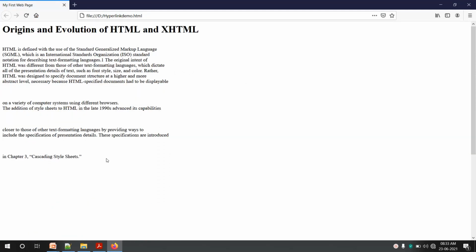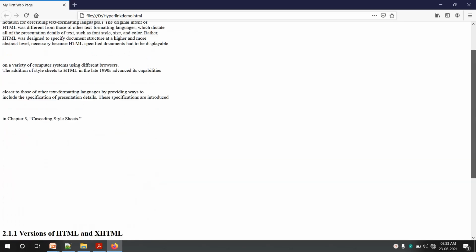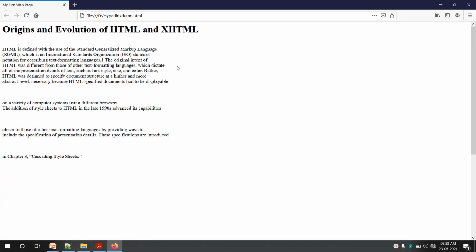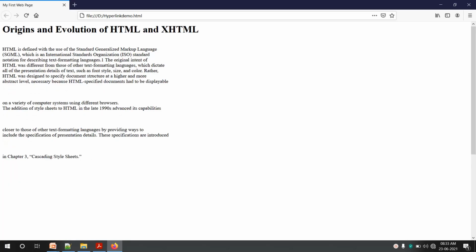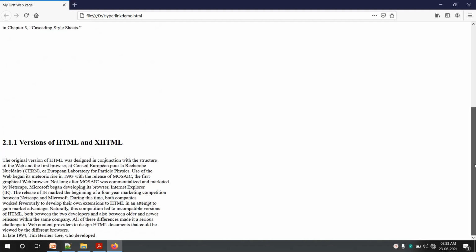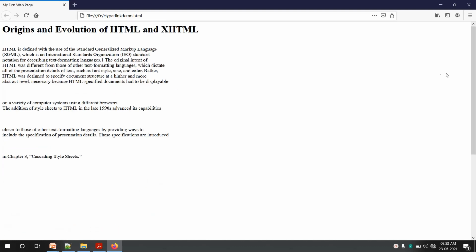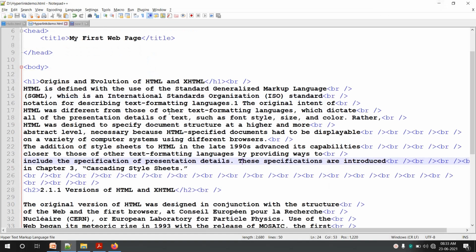Okay, so that is the heading and this is the subheading which we have. Now the first part of the document is origin and evolution, and the second is versions of HTML and XHTML. At the top of the document I want to create links. The first link will open origin and evolution of HTML, which by default you can see since that is the beginning, and the second link will open versions of HTML and XHTML. When I directly click on it, scrolling will happen automatically and it will take us to that part. Okay, let us see how it can be done.